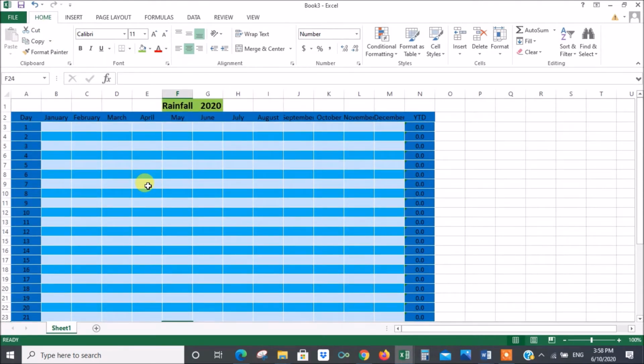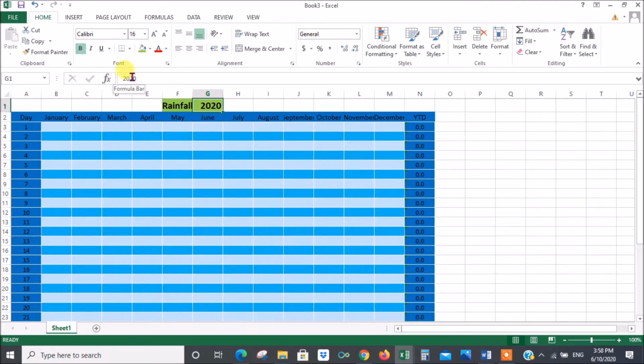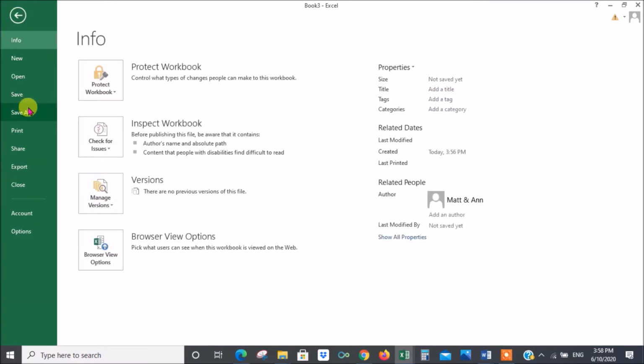Now we want to save this as a template for future use because it's ready to take data. Now all you have to really do is change the date. So if it's 2021, you just click there and you'll remove the 2020 and put in 2021. But anyway, I'll just leave it there for the moment. So now we want to save this as a template. So what you do is you click on File, go to Save As,